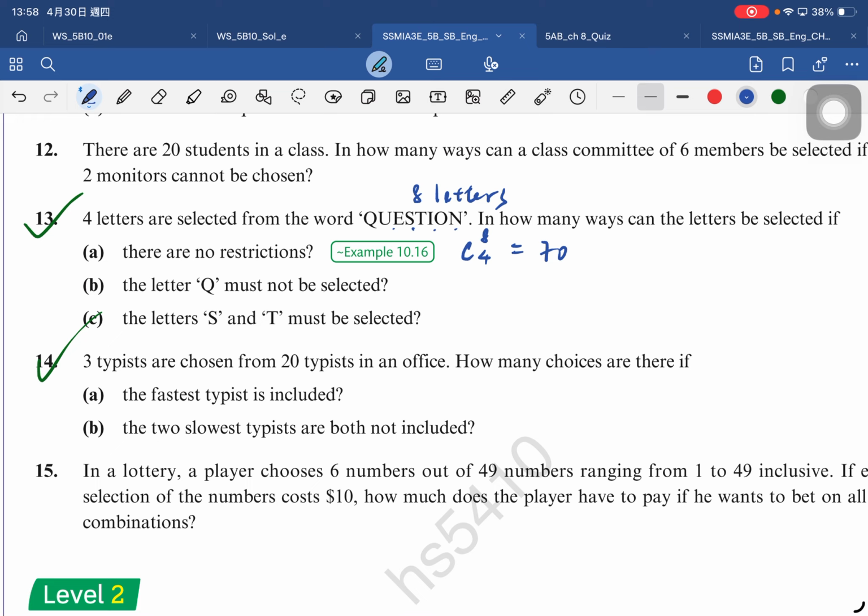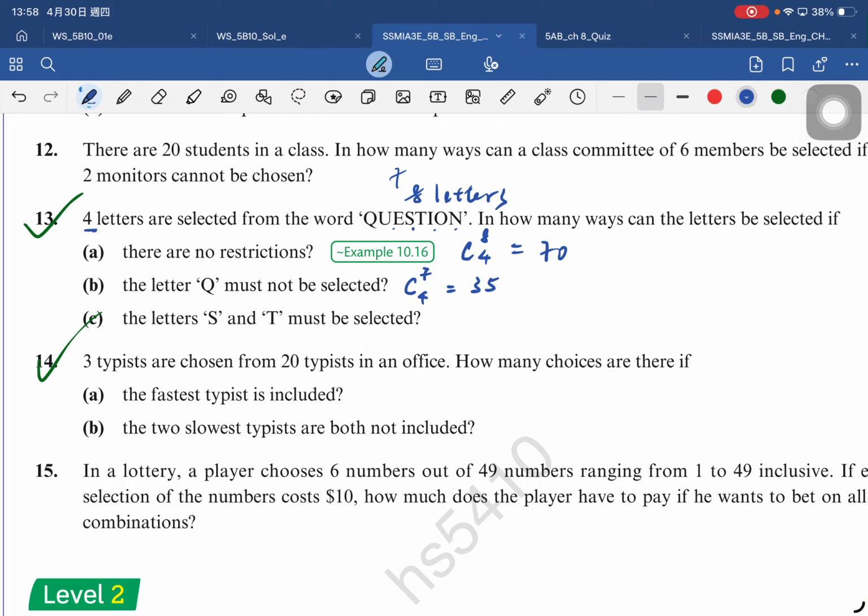Okay, and then the letter Q must not be selected. Q 一定唔可以揀嘅。Alright, if Q cannot be selected, that means no letter Q. Alright, but only one letter should be Q. So now that means it affects the total numbers of choices. Only 7 letters is available. But you still select 4, that means 7C4. 所以你仍然都要揀4個英文字母㗎嘛。Okay, 7C4 啦。